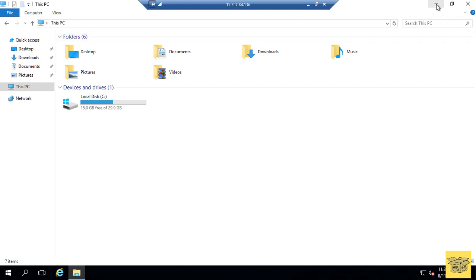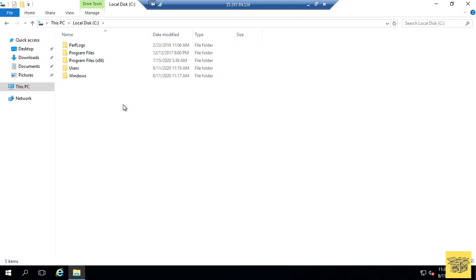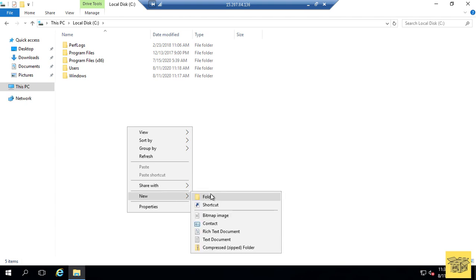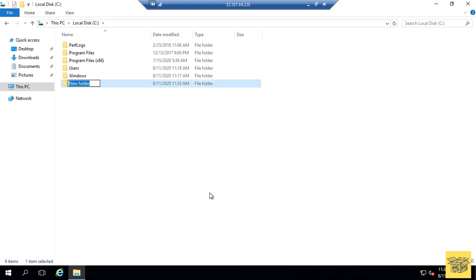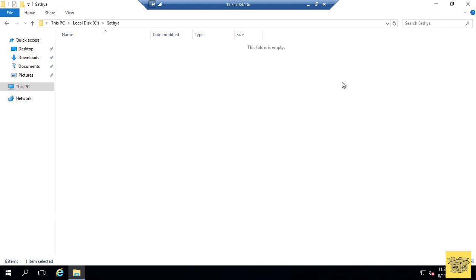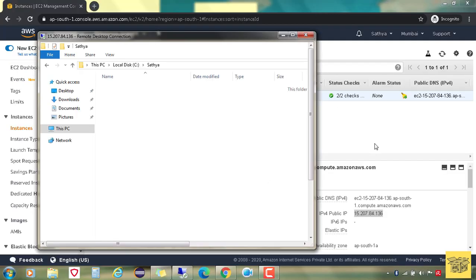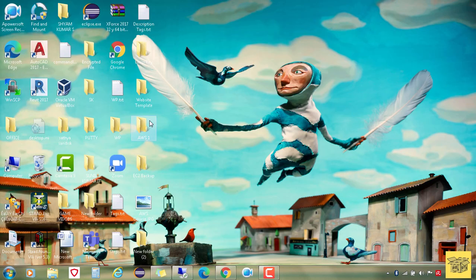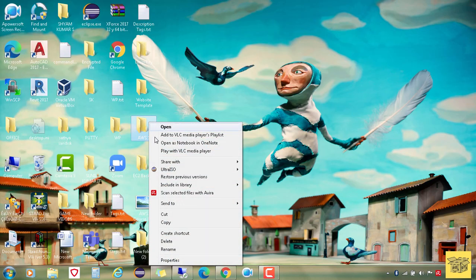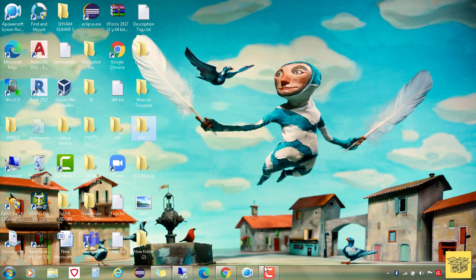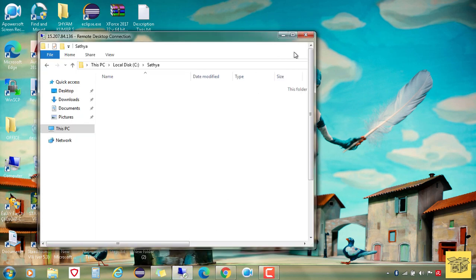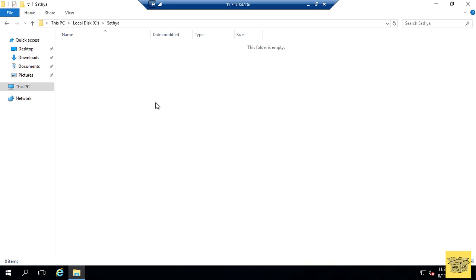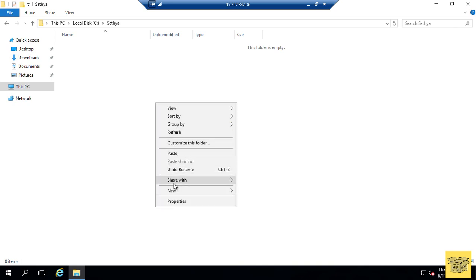So let's do transferring of files. Let me transfer some files from my laptop to this EC2. Copy and paste.